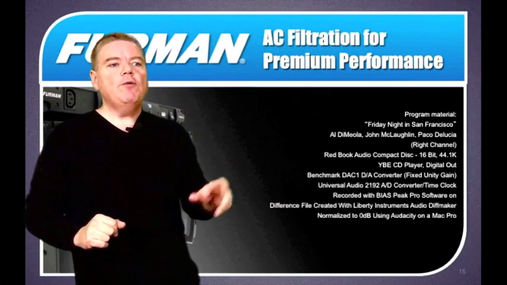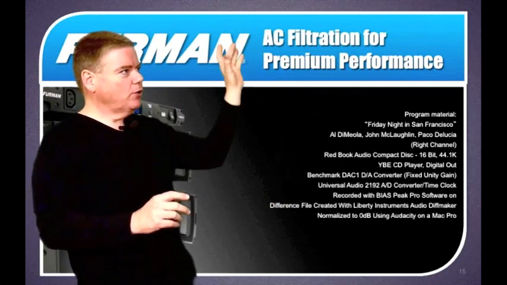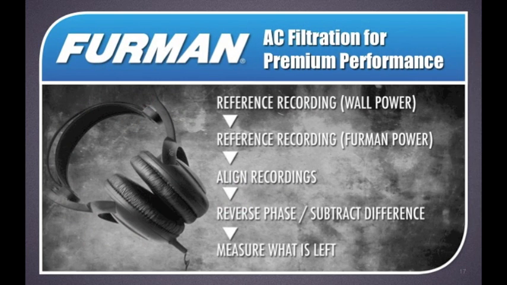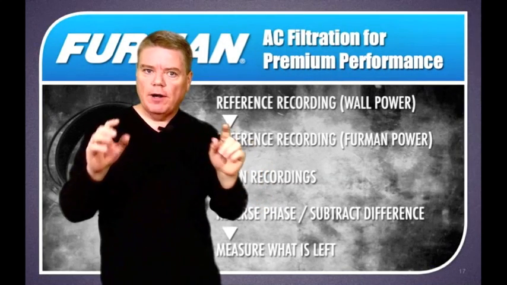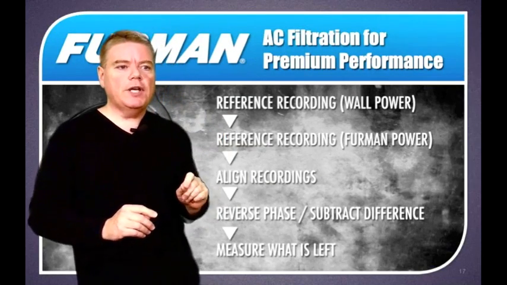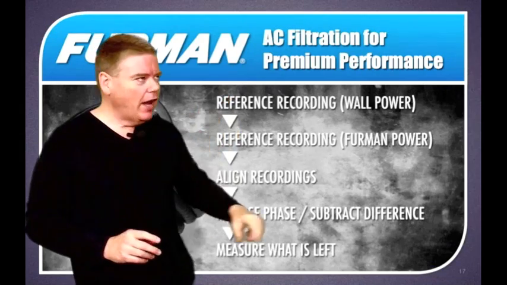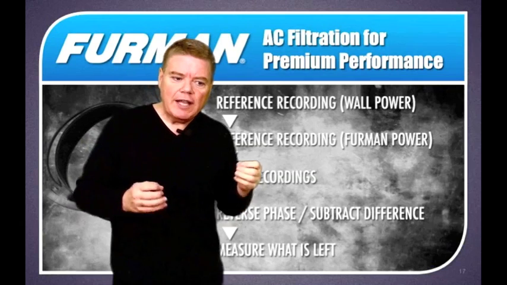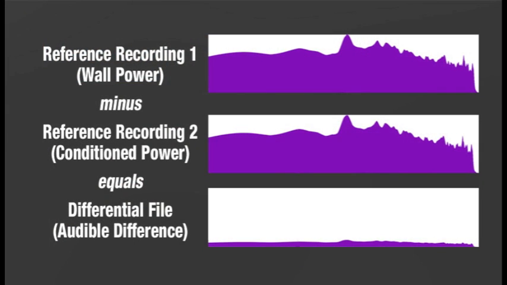Fine. Then we recorded the first 8-second sample, and that was turned into a 24-bit WAV file, high resolution, and that was put into DiffMaker. Then we did a second file where we did precisely the same thing, but with all of that equipment from beginning to end plugged into the Furman technology. Then when we were done, we took that particular 8-second file and put it into the second file of DiffMaker. And then what DiffMaker is so cleverly able to do is it aligns the beginning, aligns the end, makes sure that everything's absolutely matched level, and it creates a third file where it takes the second file and flips phase,